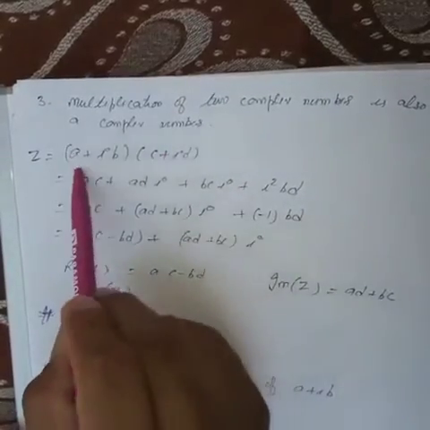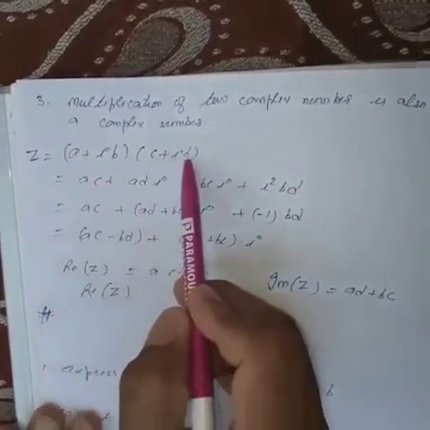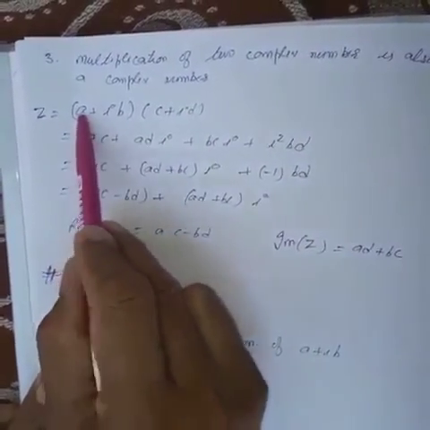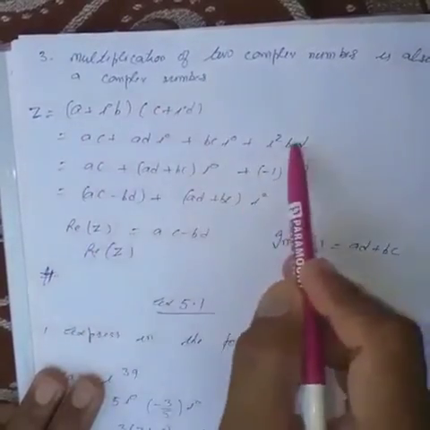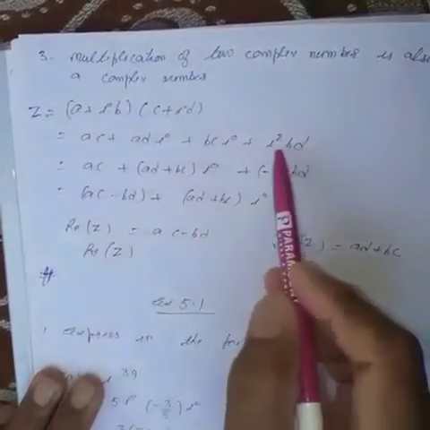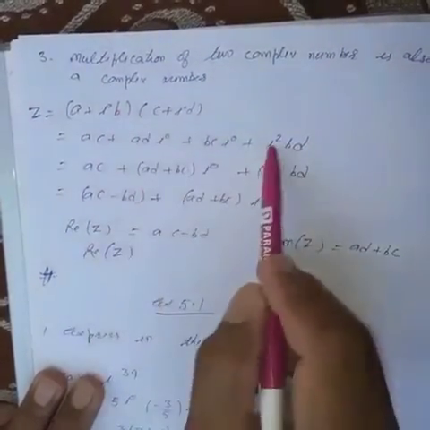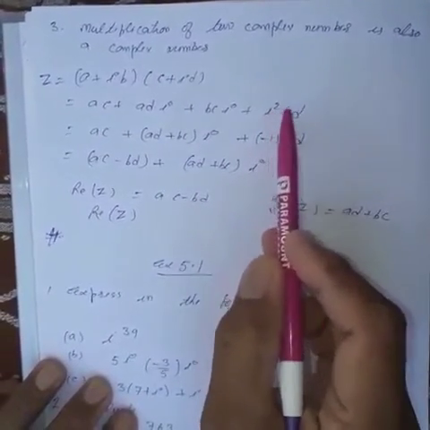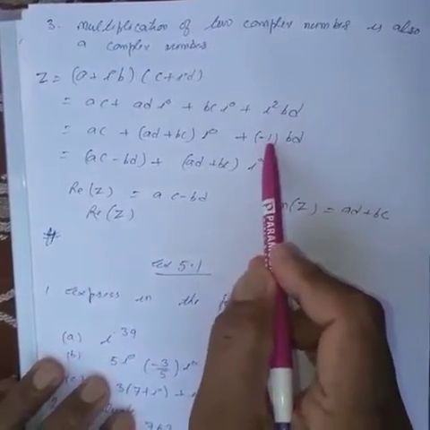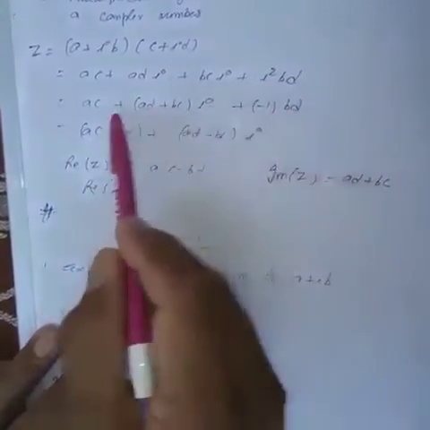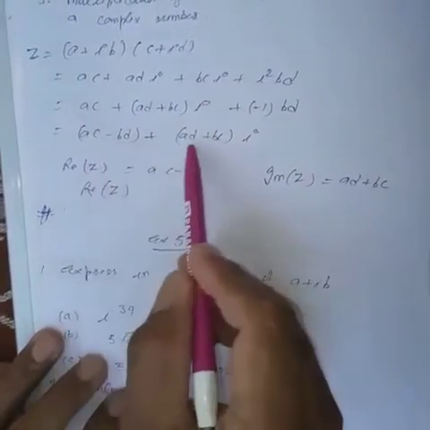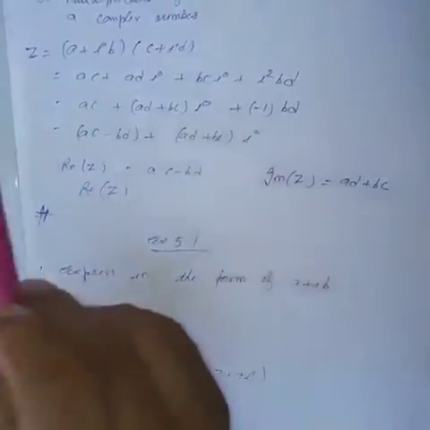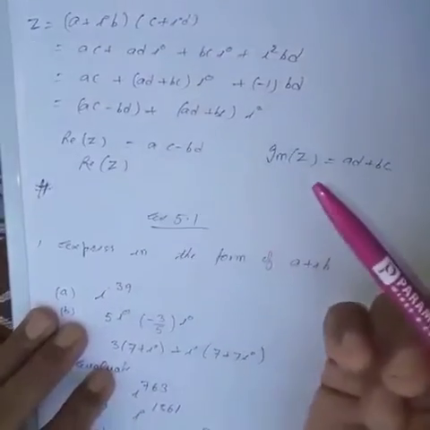So you consider two complex numbers, one a plus iota b, second c plus iota d. If you multiply these two, we will get the product. Multiply a with c, then a with iota d, and in this way complete. When you multiply iota b by iota d, this will be iota square into bd. Now we have to replace the higher powers of iota. We have to put the values. So iota square is -1, and after simplification you combine these real parts, ac minus bd, plus ad plus bc into iota. So this is the standard form of a complex number. So therefore the product of two complex numbers is also a complex number.